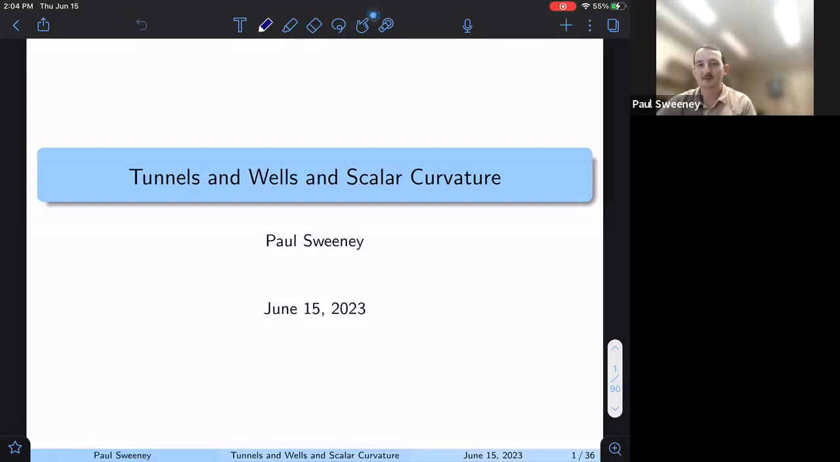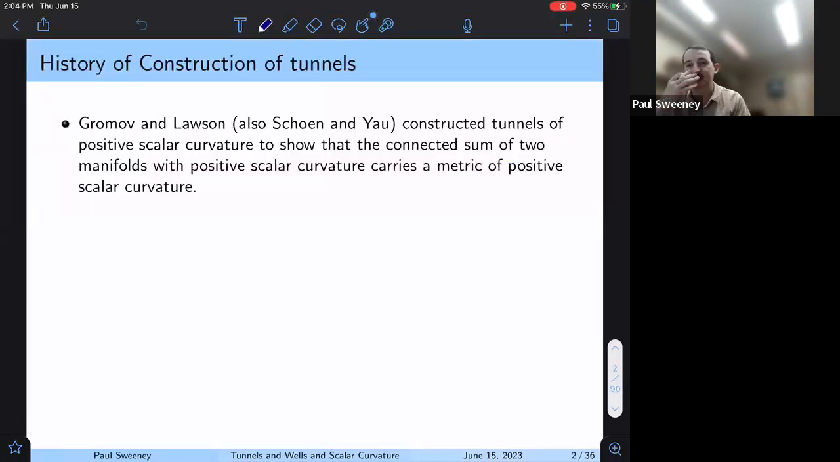Okay, so there's a long history of tunnels and wells and how they interact with scalar curvature, starting with a construction of Gromov and Lawson and also Schoen and Yau at the same time. The impetus for their construction was to show that if you have two manifolds that admit positive scalar curvature, their connected sum also carries a metric of positive scalar curvature. They can also get this to work for manifolds obtained under surgery, which also admit positive scalar curvature. This construction was